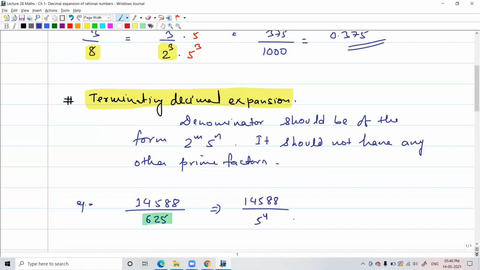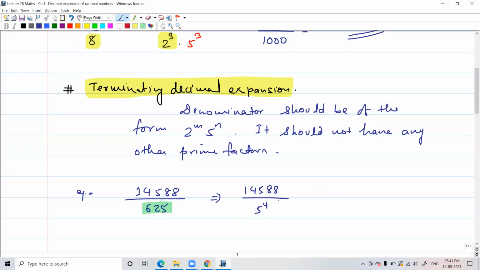And how many places of decimal will it have? 4. Yes. Whatever is the higher power of 2 or 5. Like 2 has a power of 0, 5 has a power of 4. So whichever is the higher power, that many places of decimal will be there in this expansion. So without doing any calculation, the moment you see that 5 has a power of 4 and 2 has a power of 0, nothing, so 4 is the higher power. It simply means that the decimal expansion of this number